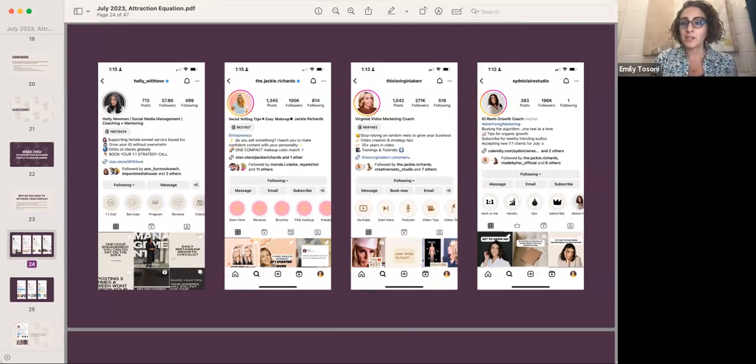They each have profile pictures that are clear with their face. If you are the face of your business, your face should be there, not your logo. That is my recommendation because people feel more connected to faces than to logos. It doesn't mean that you can't use your logo in other places on your profile. You could absolutely use your logo for each of your highlights, but right here, people connect to people, to actual faces, more than they do to logos.